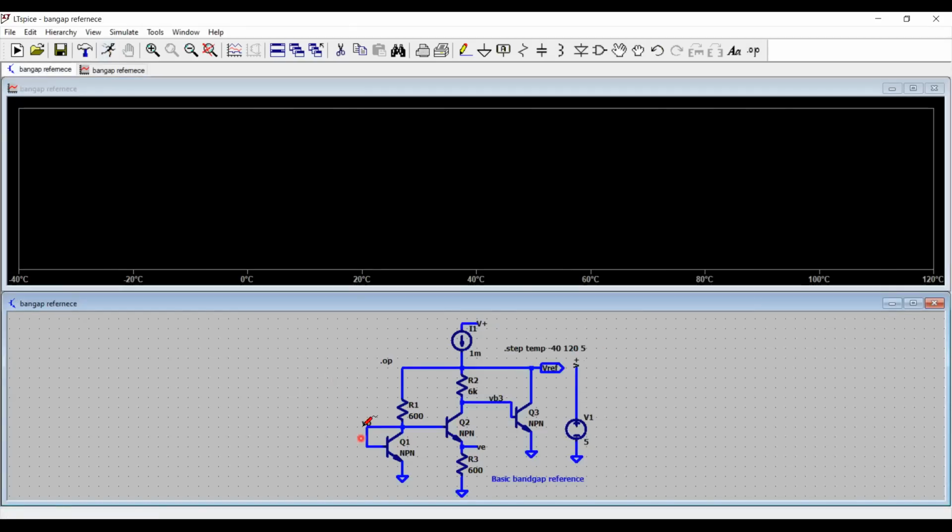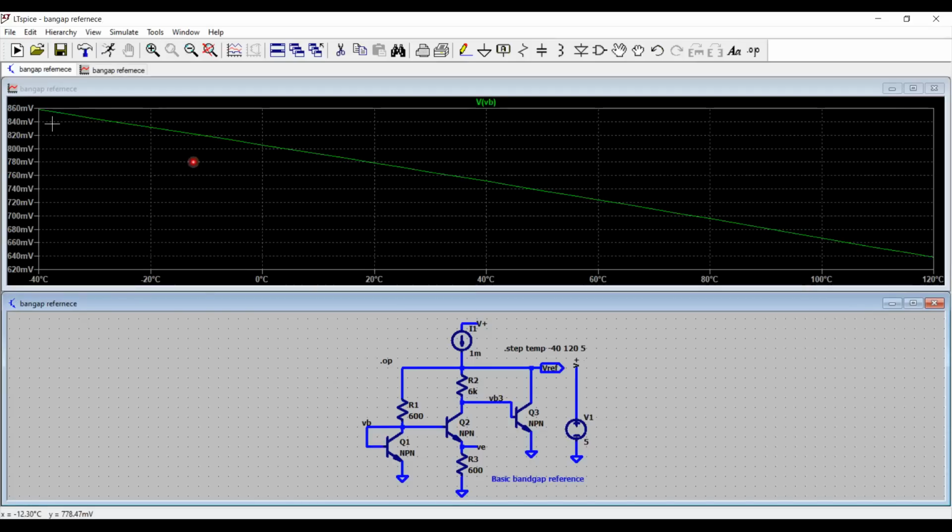And first, I want to see the negative temperature coefficient of this transistor, delta Vbe. So look at this schematic. I am prompted to click to plot the voltage at Vb. So I'll click here, and look at this behavior, which is my junction voltage having a negative behavior with this temperature. As the temperature increases,